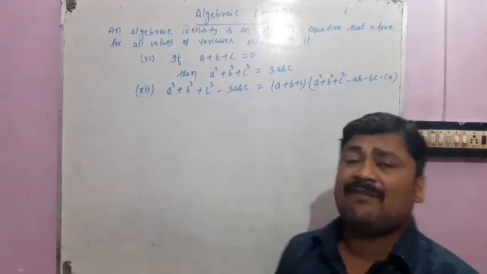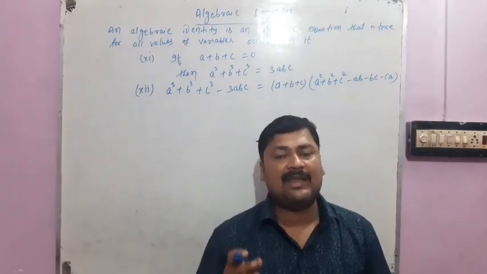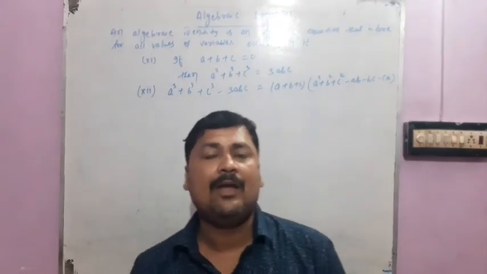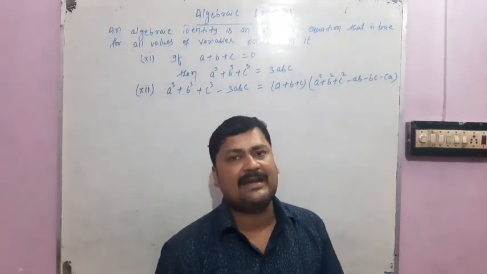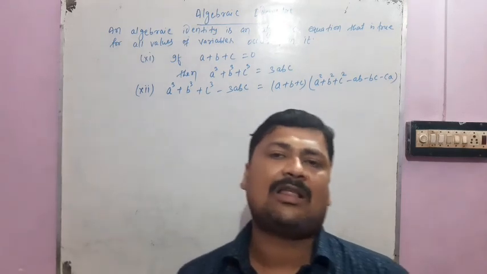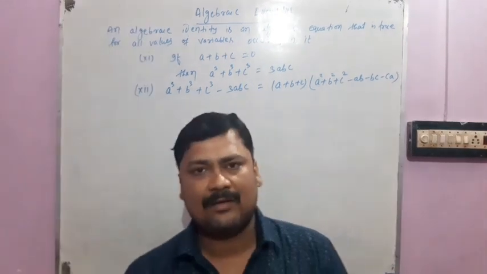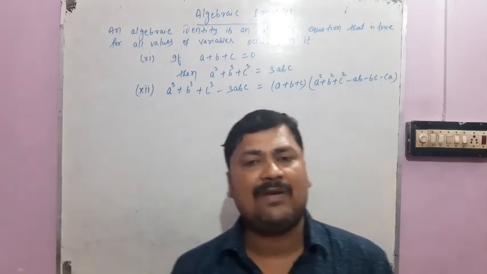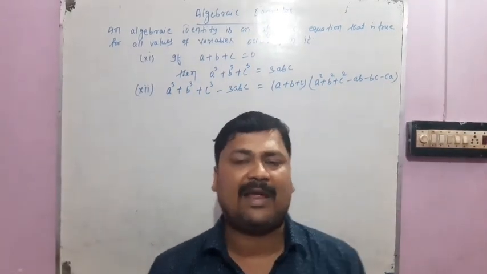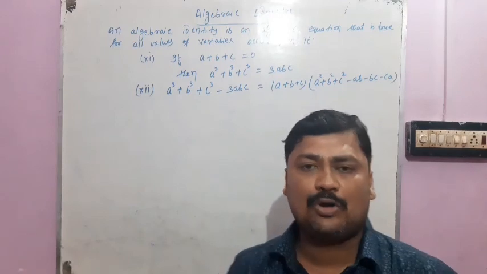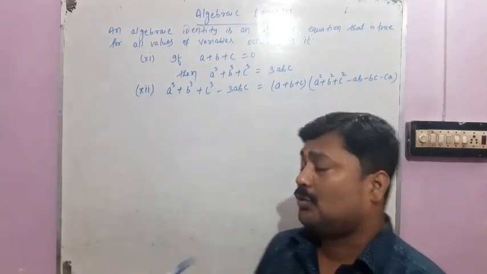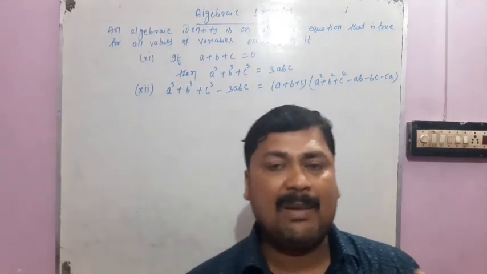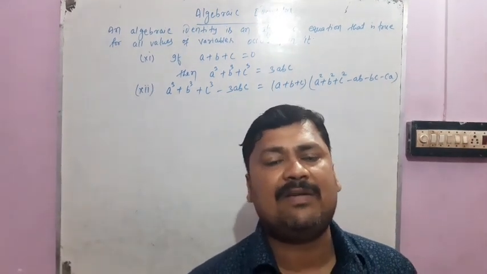Now all these algebraic identities, students, are very important for you. You have to keep all of them in mind when solving problems of class 9 and 10, either factorization or other problems of algebra. If you do not keep these identities in mind, you can't solve a lot of questions. You also cannot factorize some polynomials. So these 12 algebraic identities you have to remember and always keep in mind when solving problems related to algebra.